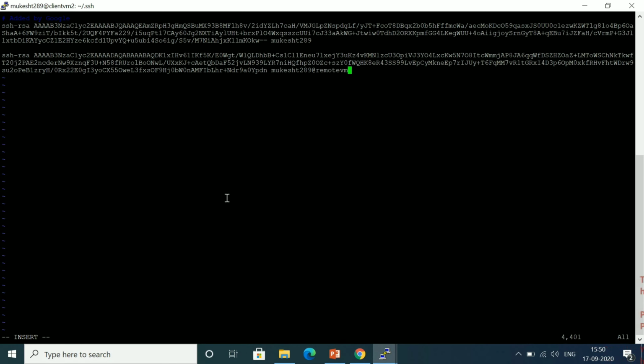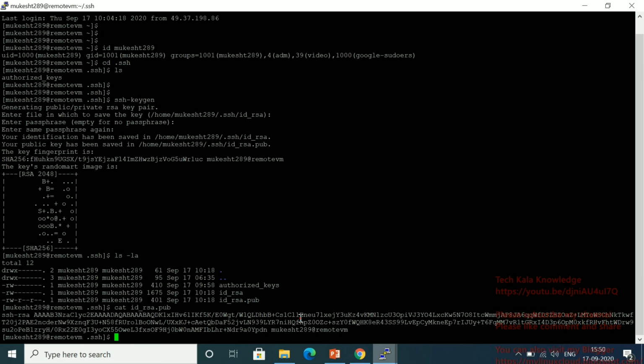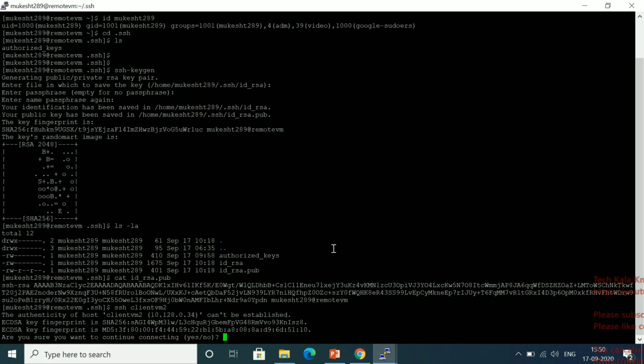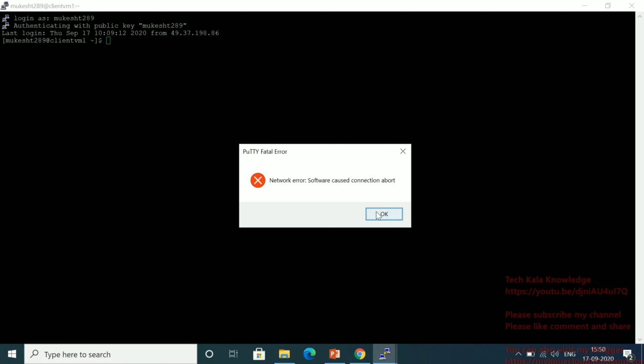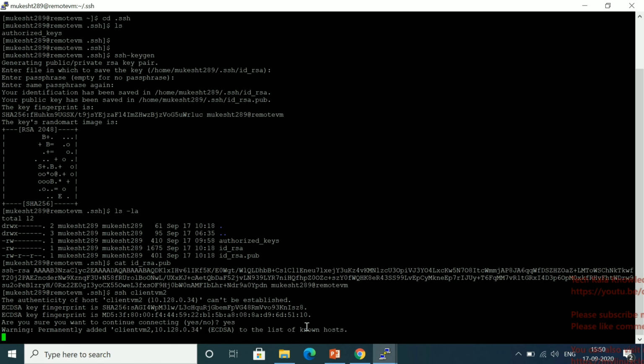Now let me save and exit. So it's done. Now let me try to SSH from the master server. Yes, it's asking. Oh, timeout. Okay, no problem.